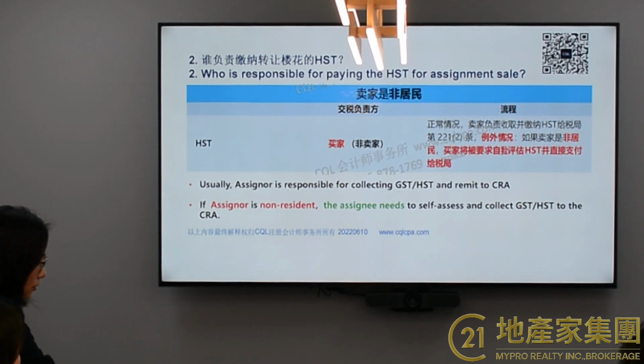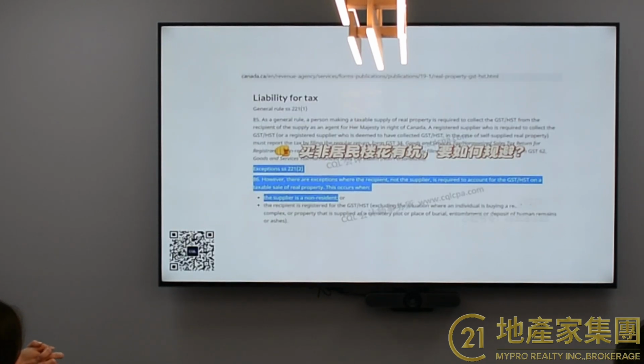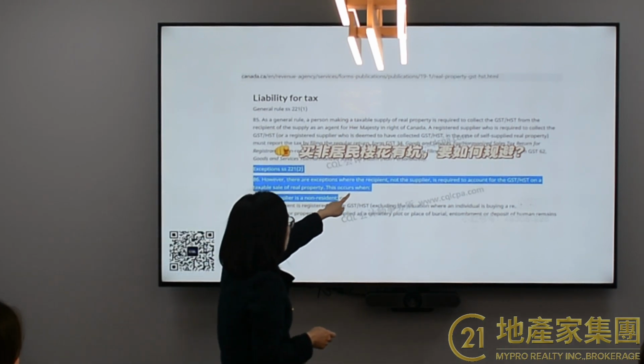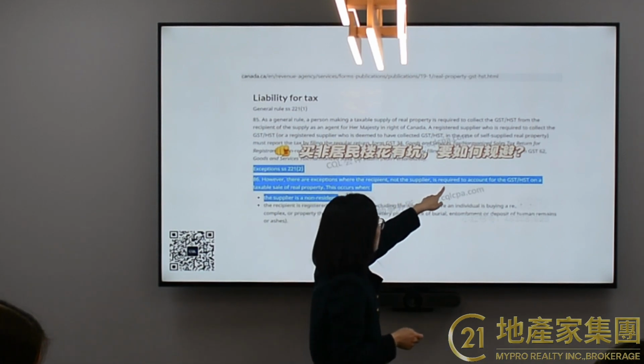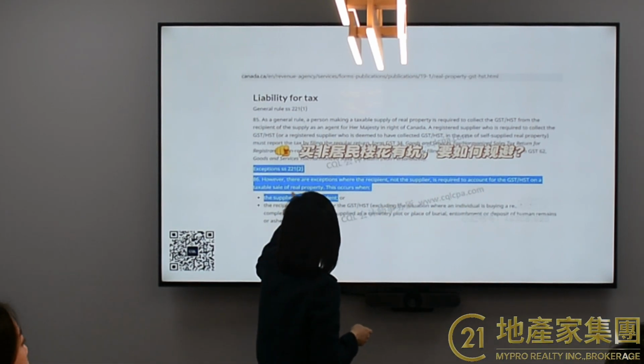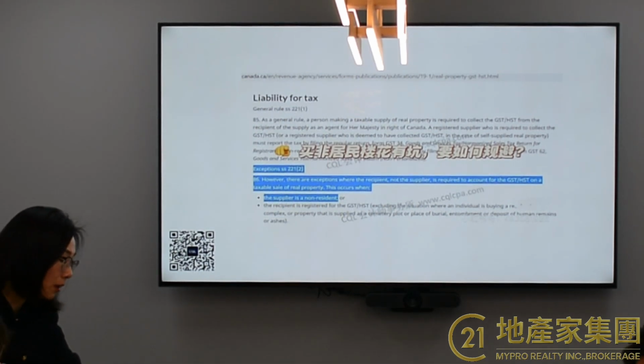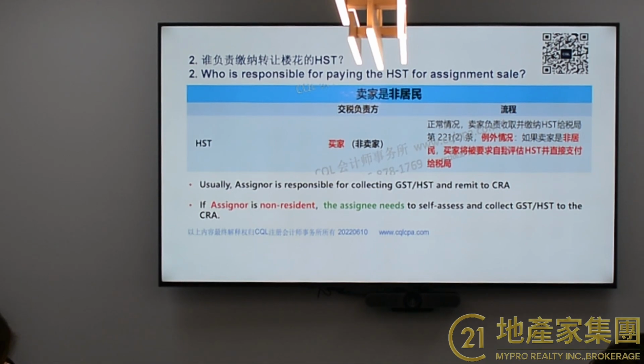Because the revenue agency has a special tax rule saying if the supplier, the seller, is non-resident, the recipient, the buyer, is required to account for the HST. So the buyer needs to submit this HST payment. It's still the seller who pays and is responsible for the HST, but the buyer needs to cooperate to collect this HST